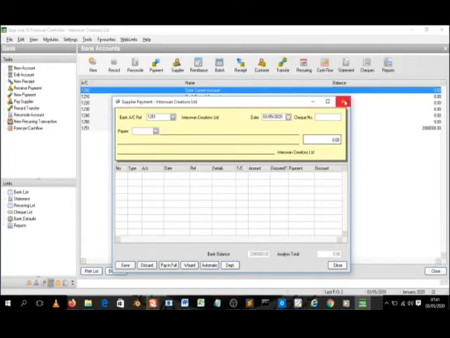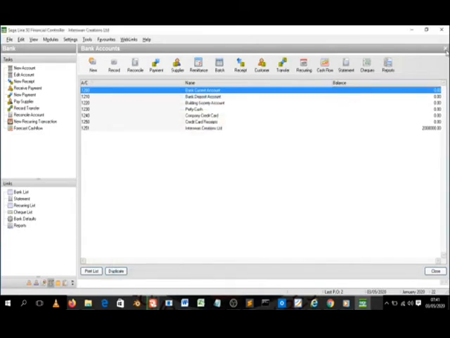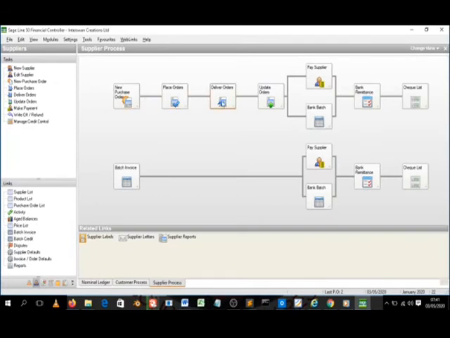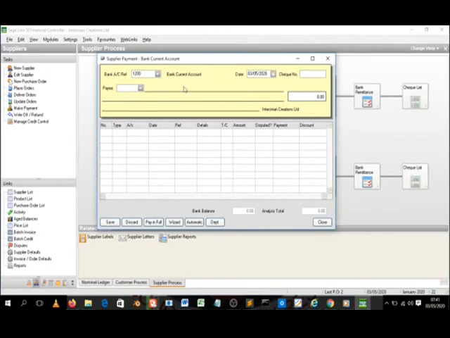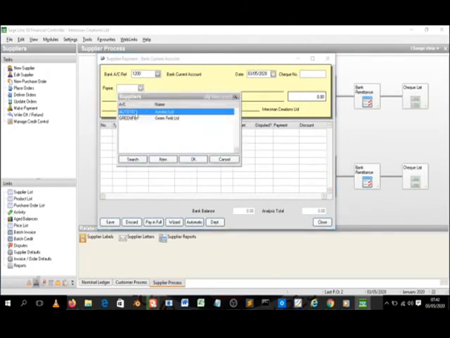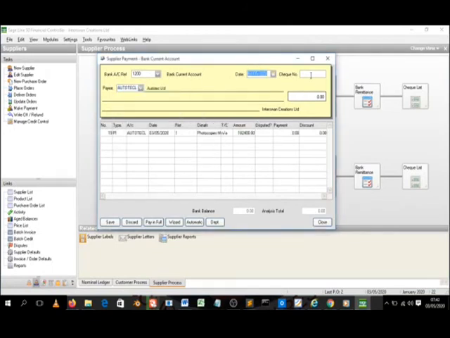So let me use this one because I want you to master the procedure in supplier process chart. You make the payment, place the order, delivered, update, and now you make the payments. Now let's make payment. Pay supplier. Now to pay these suppliers, Autotech, you can pay this Autotech. We have your checks, check number. Every company has their check number, which is unique. Now the payment is here,